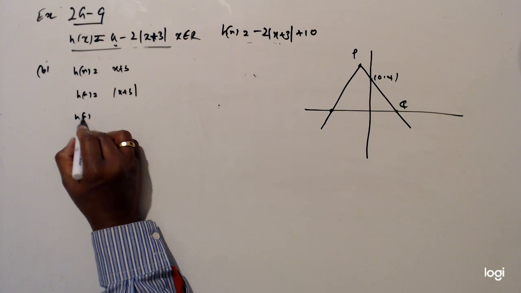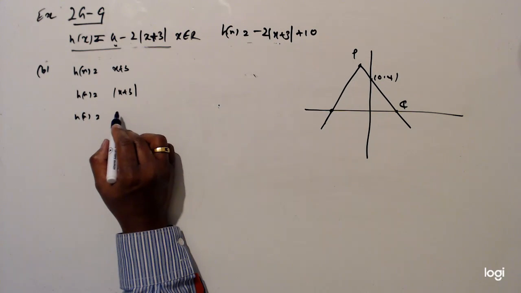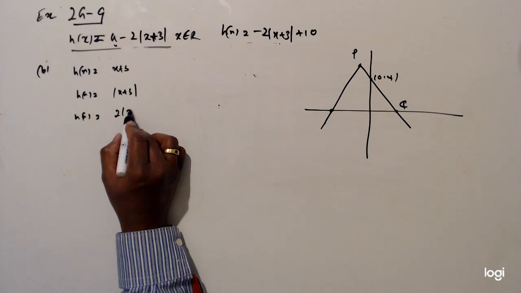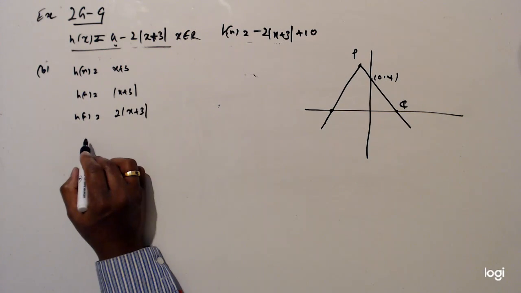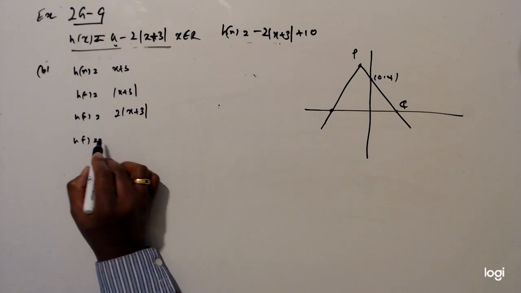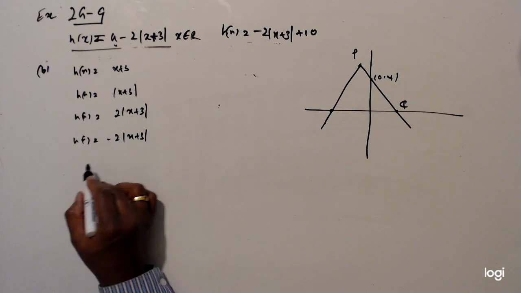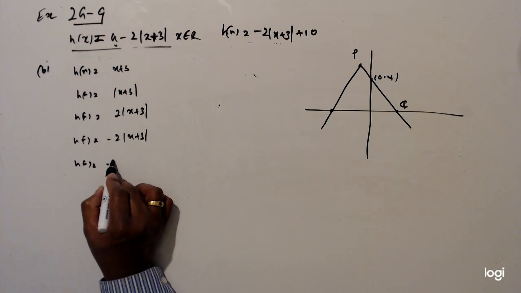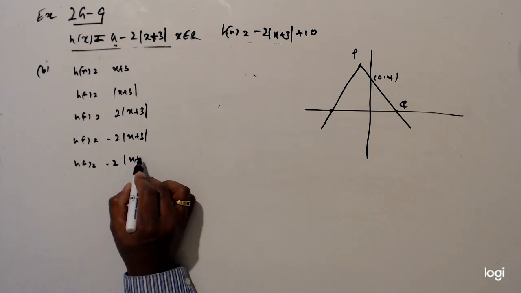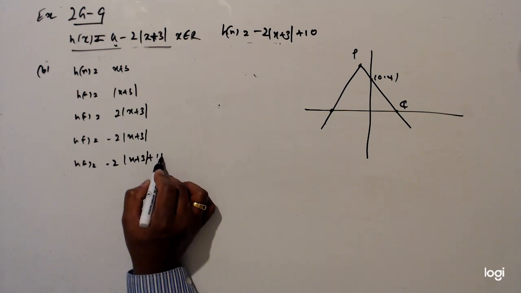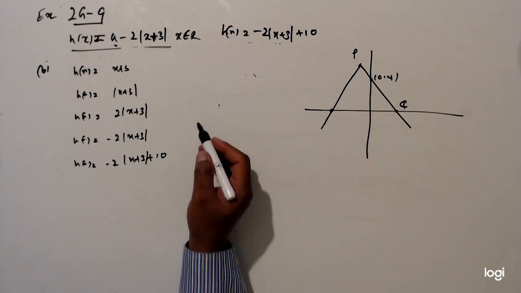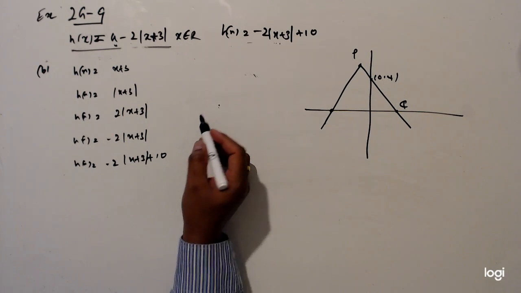Then hx equal 2 times mod x plus 3. Then hx equal minus 2 times mod x plus 3. So hx equal minus 2 times mod x plus 3 plus 10. So this is a